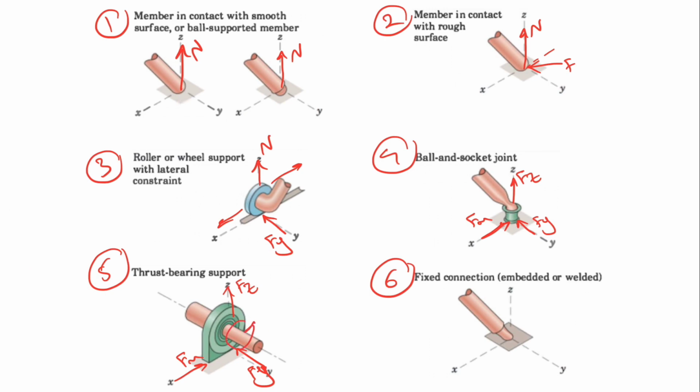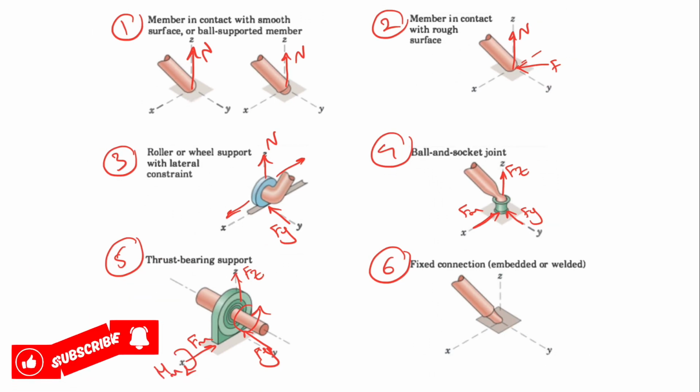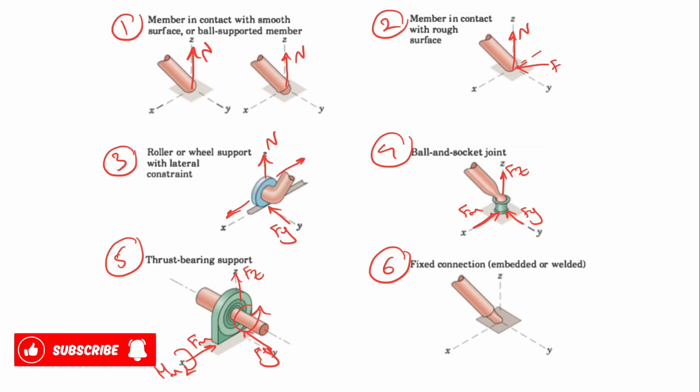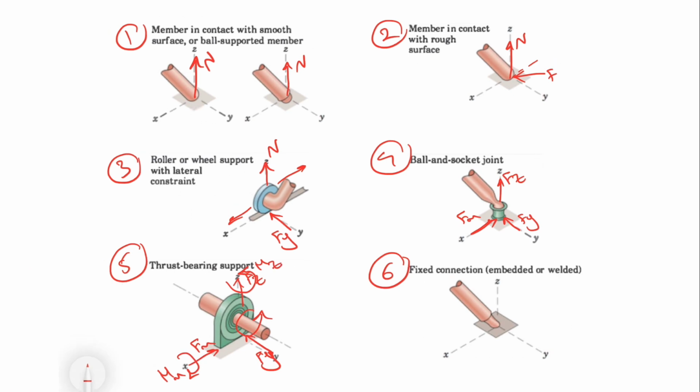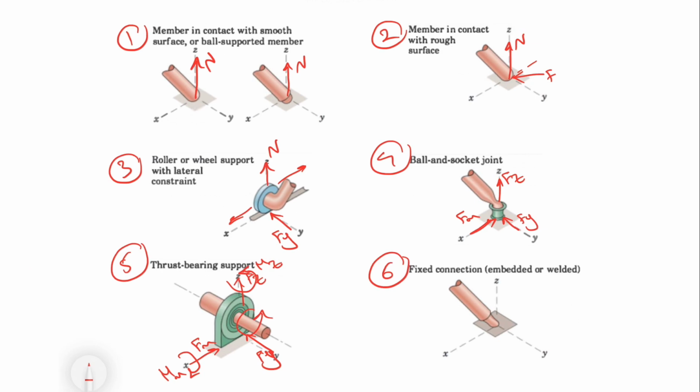Now let's move on to the couples that this member can make. As we can see, the member can freely rotate about y-axis, which means we don't need to consider any couple in y-axis. However, we need to consider a moment in x-axis, and same, we need to consider a moment in z-axis as well. So the only reaction that we don't have is the